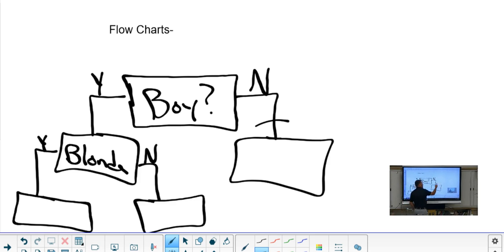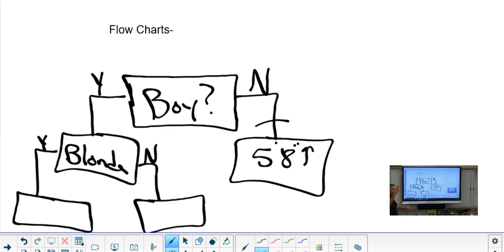What do we know about everyone on this side? They're a female so far, right? We could ask if they're tall or something. Like, we would need to be more specific. How about like 5'8" or taller? All right, like we could ask whatever we wanted. And we could get as detailed as we wanted. We don't need to get super detailed in the flowchart we're going to make for this lab.